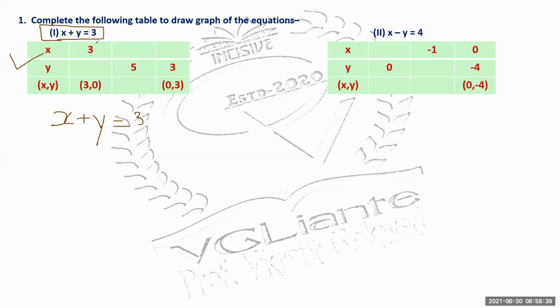So what you're going to do is you're going to substitute x as 3, okay, in the equation. So check, replace this x with 3. So what you'll get? 3 plus y equals to 3. Understood? You'll get that as 3 plus y equals to 3. So what is value of y? It is 3 minus 3. That is equals to 0.